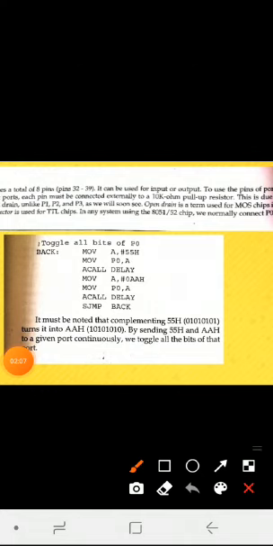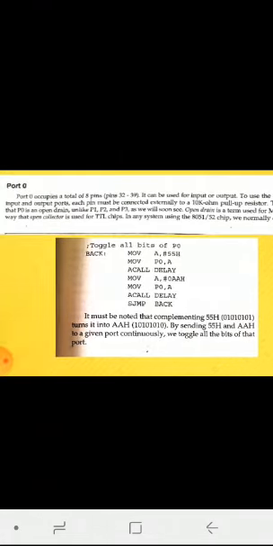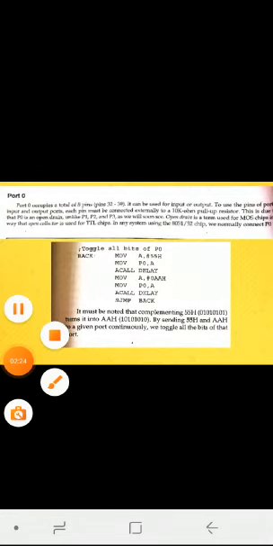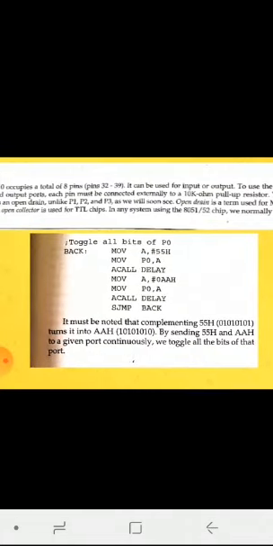Port 0 acts as an open drain. We say it is an open drain, which means that it is a switch which is either connected to the ground or disconnected. So if you want to achieve the desired voltage, you have to connect port 0 to a 10k ohm pull-up resistor. Now we have written a program here in which we are trying to send